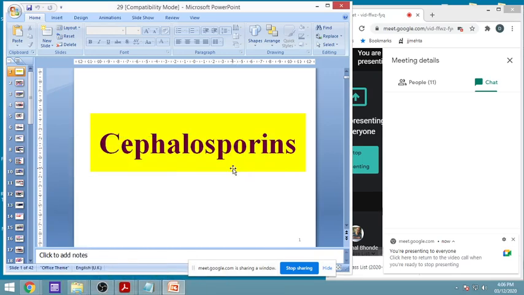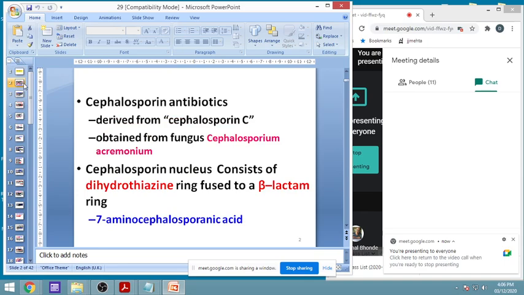After penicillins, our next topic will be cephalosporin. These are also beta-lactam antibiotics, and we shall see the details. So cephalosporins are derived from Cephalosporin C. They are obtained from the fungus Cephalosporium acremonium. Cephalosporin nucleus consists of